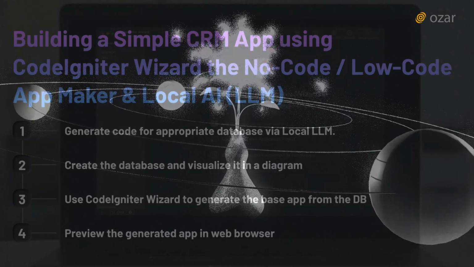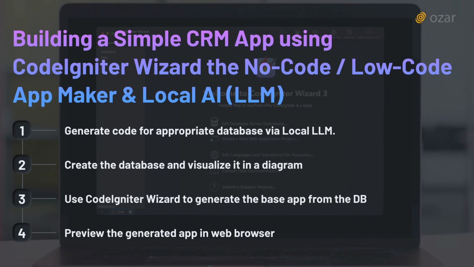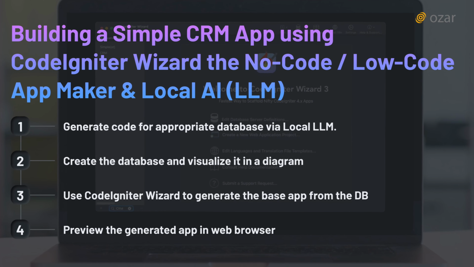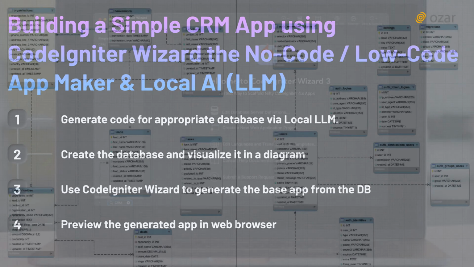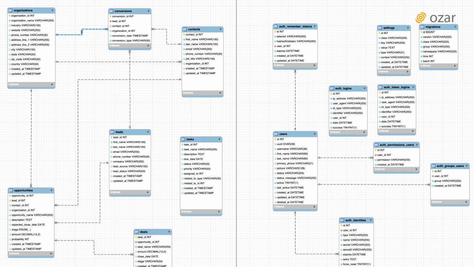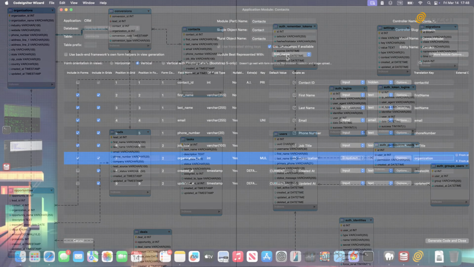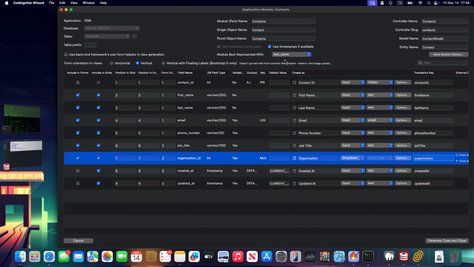We'll start by generating code for an appropriate database via our local LLM. Next, create the database and visualize it using what's called an ER diagram, which stands for Entity Relationship. Then, we'll use CodeIgniter Wizard to generate the base app from the DB, and finally preview the app in a